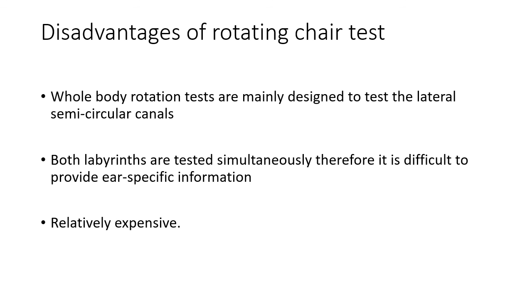So what are the disadvantages of the rotating chair test? In this test, the whole body rotation tests are mainly designed to test only the lateral semicircular canals, which is only 20% of the vestibular labyrinth. We also have the posterior and the anterior canals. Also, in this test both labyrinths are tested simultaneously. Therefore, it is difficult to provide ear-specific information. Even with techniques such as the sinusoidal pulse test paradigm,